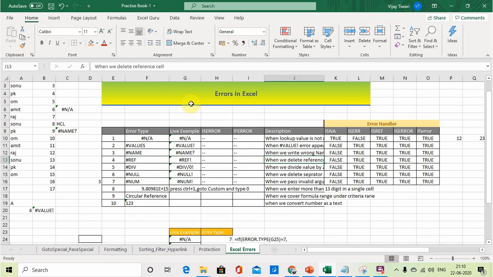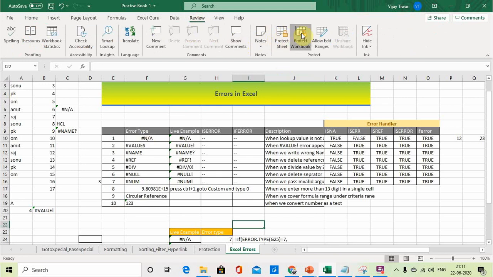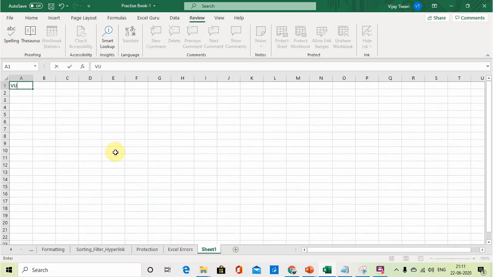Now come to the #REF! error. It comes when we delete the reference of a cell. Suppose there is another sheet, and some value is written there, India.